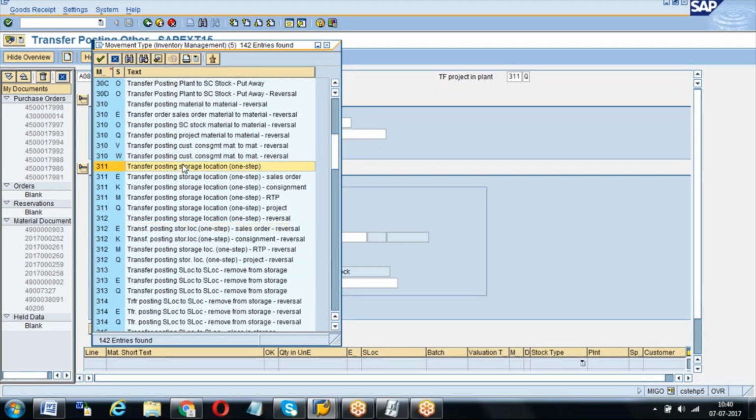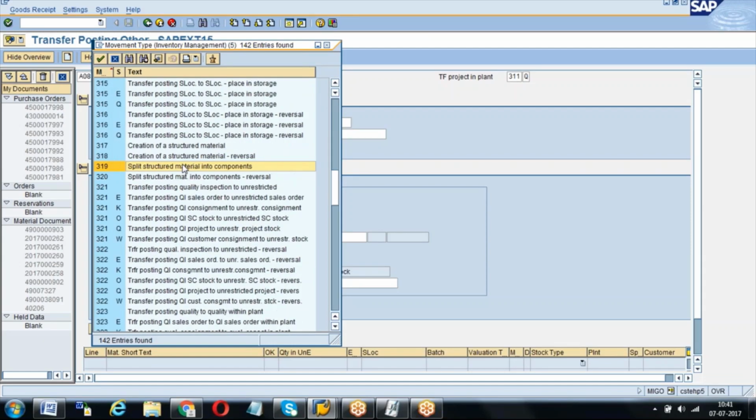Storage location to storage location is also a physical movement. At least from one godown to another godown, 200 meters distance at least will be there. Just leave it, those two. I have seen this in some documents and read it. Transfer posting, ideally they will call all these 411, 321, all those things.